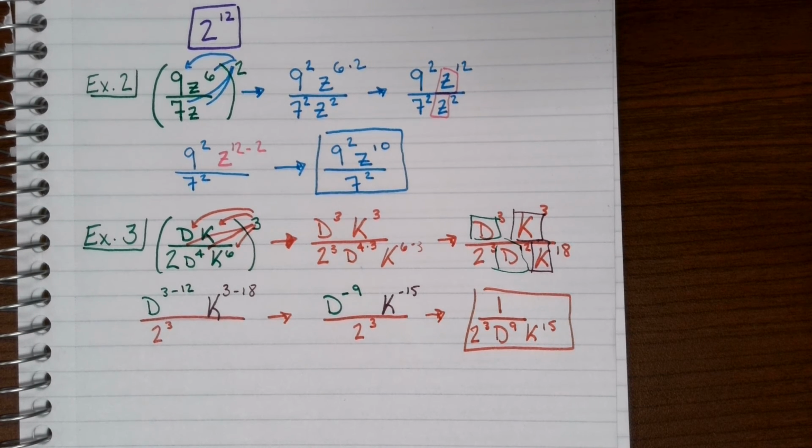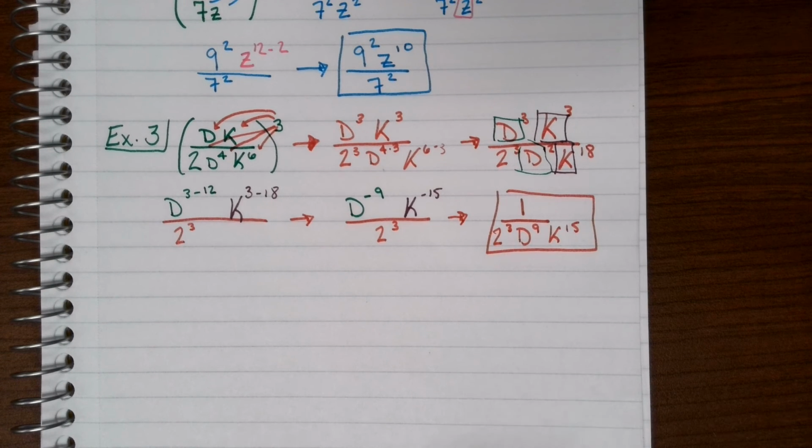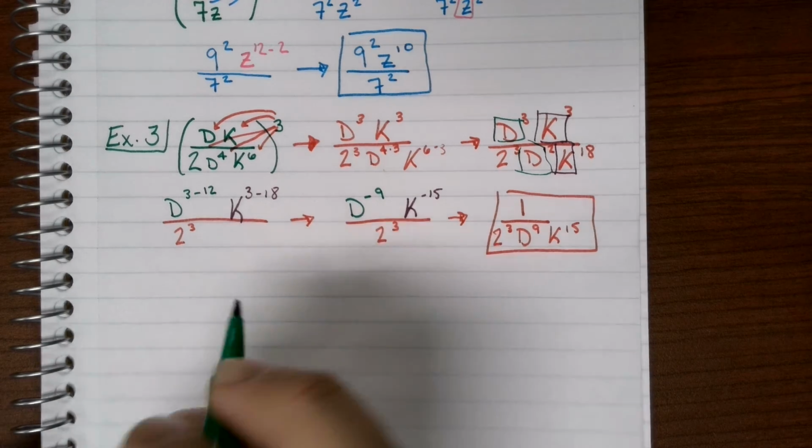And you can do it this way, and that's fine. The only thing is, it gives you this extra step. Now, what I'm going to show you is I'm going to subtract whichever variable has a larger exponent, I'm going to leave it in the numerator or denominator and subtract the other one. So, what I mean by that is,